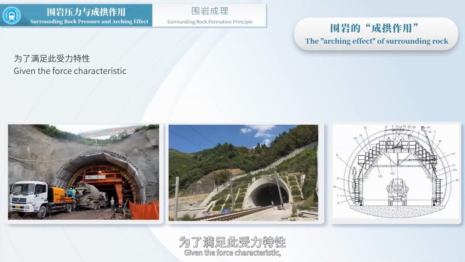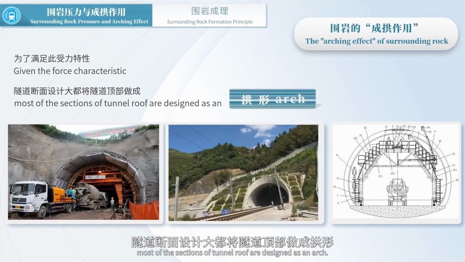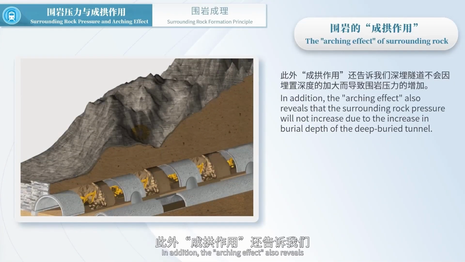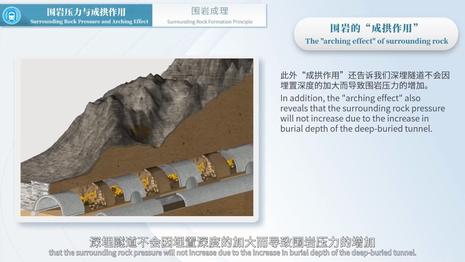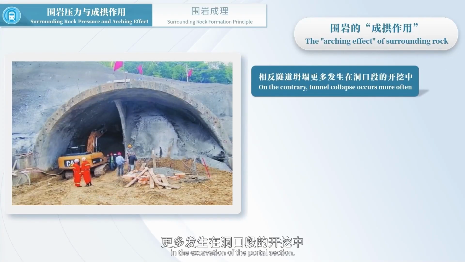Given the force characteristic, most of the sections of tunnel roof are designed as an arch. In addition, the arching effect also reveals that the surrounding rock pressure will not increase due to the increase in burial depth of the deep buried tunnel. On the contrary, tunnel collapse occurs more often in the excavation of the